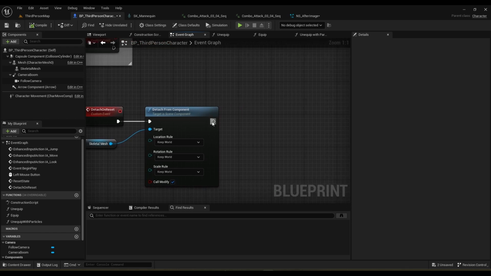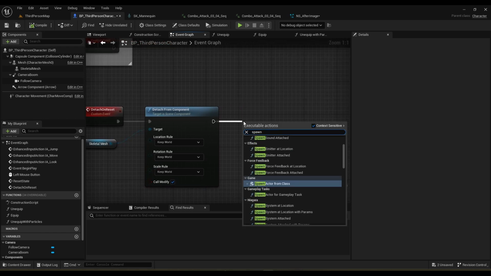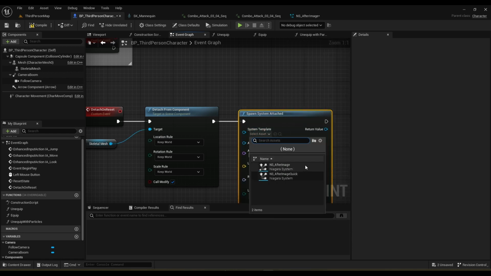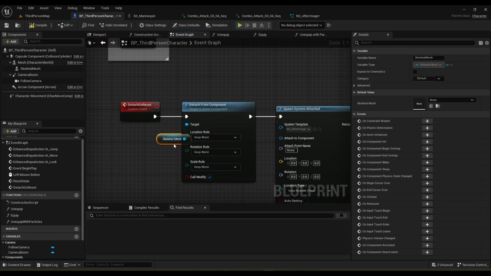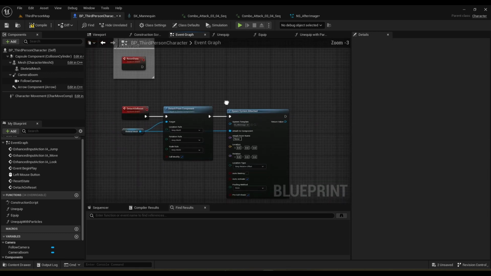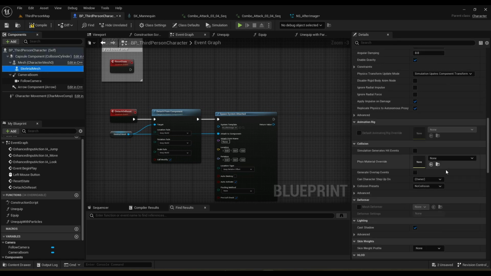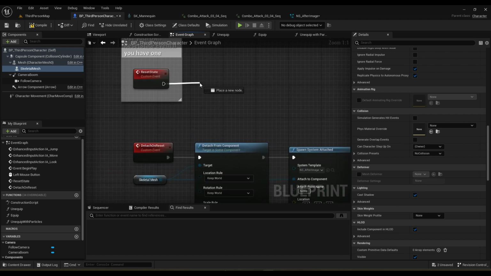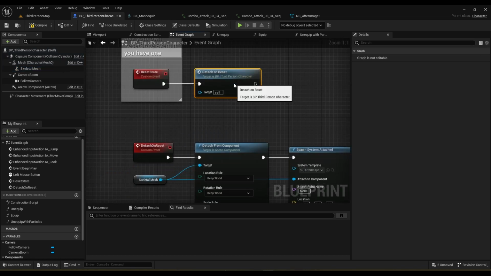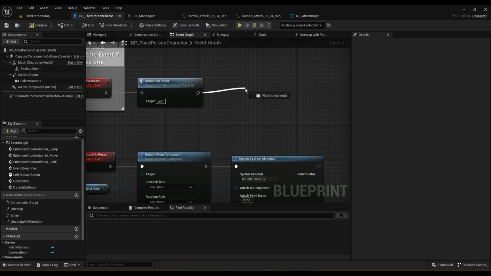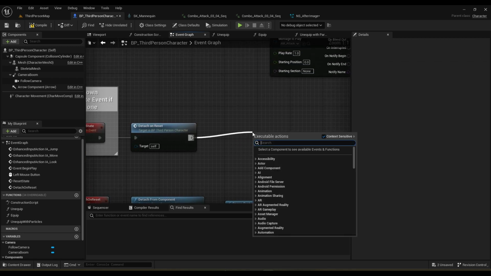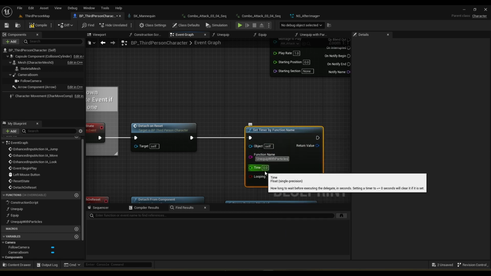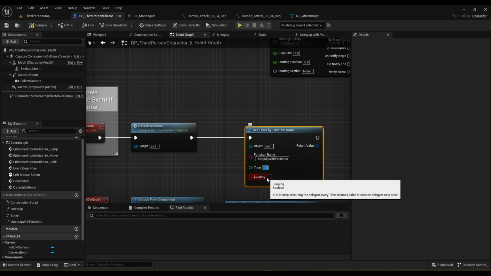Then we should spawn an effect here, so spawn system attached, and let's spawn the slower version. So spawn the slower version, attach this to this component, and we actually want to make sure no collisions are on this thing. Yep, so no collision. Right here on reset we should detach on reset, and then here we can make a set timer, the function name, unequip particles, make that 1 second, and then